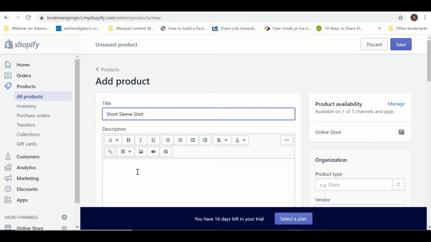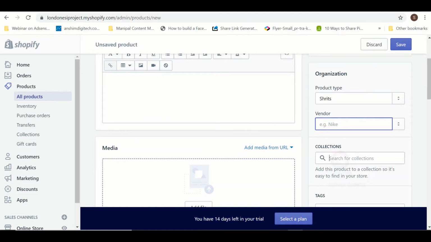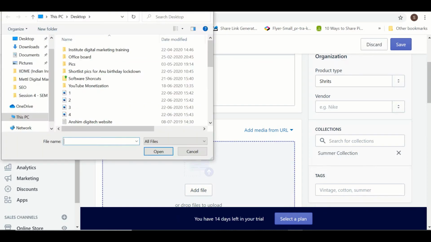Again, as I told you, you will give a good URL. So this product category comes under shirts. Okay, so this product type is shirt. Now vendor name is nothing but the name of a brand. So if you are having your own marketplace where you are selling different brands' products, you can include a brand name under vendor. Okay, then you have a collection. So where I want to show my collection, this is automatically the page will be created. Either I want to show my collection on the home page section, or I want to show the collection on summer collection page section, right?